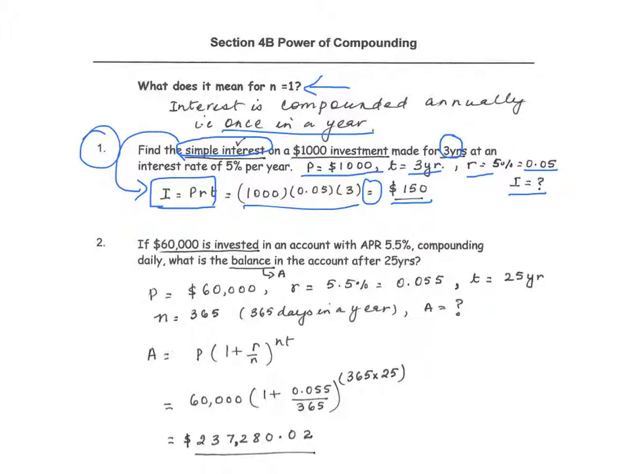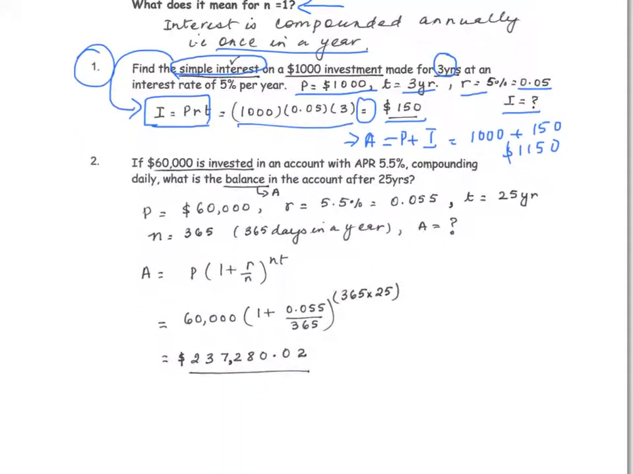What if we wanted to know the accumulated amount? So the accumulated amount would be equal to the principal plus the interest. So that is equal to P plus I, which is equal to 1,000 plus 150, which is $1,150. That is the accumulated amount. But what we needed was just the interest. So read the question carefully and figure out what you need to do in order to answer the question. The next question,